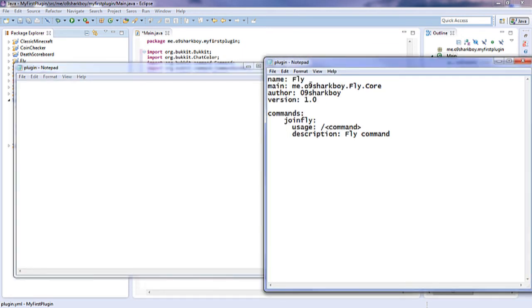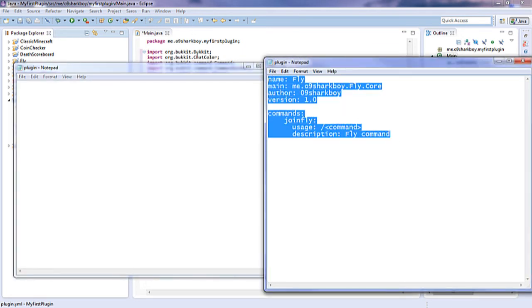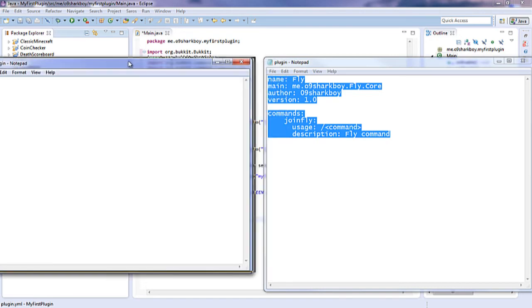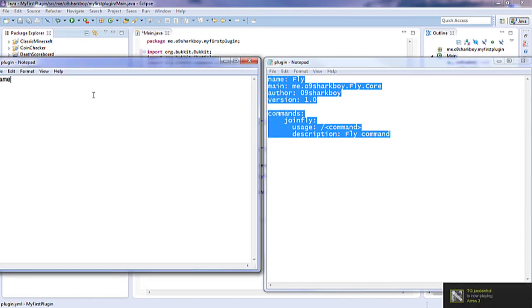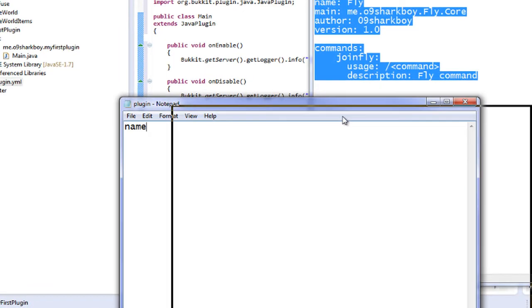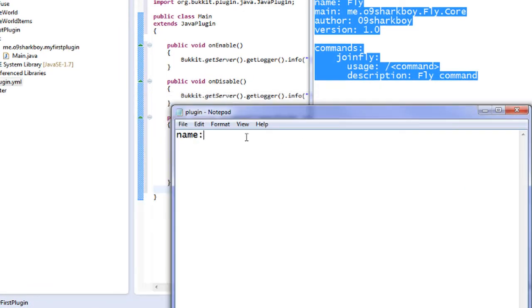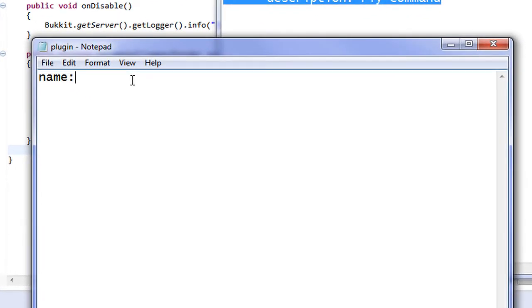So pretty much your plugin YML is going to look similar to this. This is another plugin I made, so don't worry. Let me just move this over actually. You're going to want to type in what you see in the notepad I'm doing right now. Note the name is my first plugin. Keep in mind this is all case sensitive. Main, so it's looking for the main class file like we were discussing before, which is